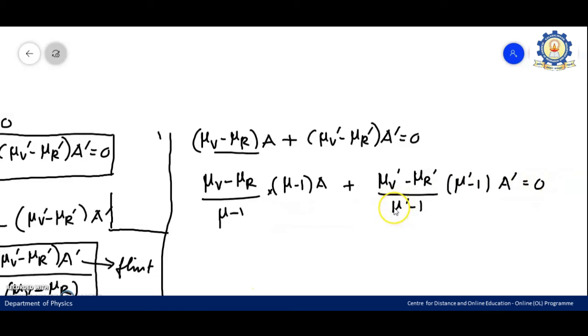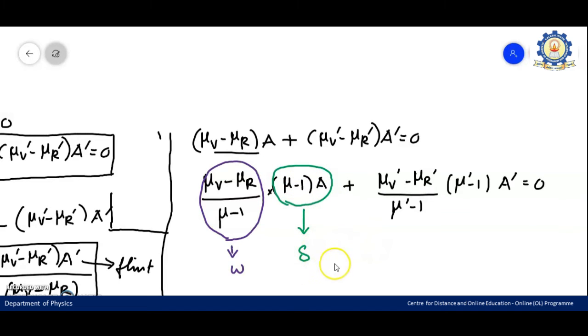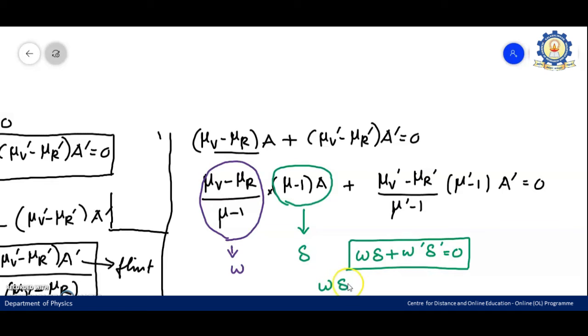So when I do this, I can come to the conclusion of the different symbols. That is, I can combine the first term and mark it as dispersive power. So what about the second one? This term corresponds to deviation. So likewise, I can write the expression as omega del plus omega prime del prime, which is equal to 0. So this is the condition for deviation without dispersion, or you can write omega del is equal to minus of omega prime del prime.